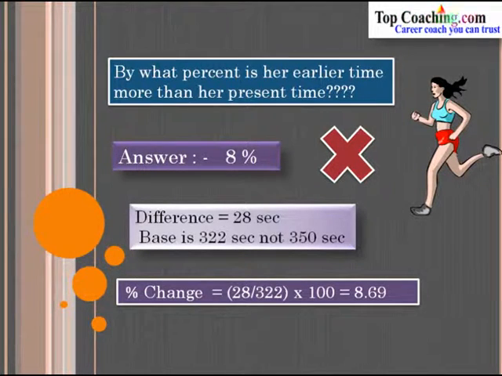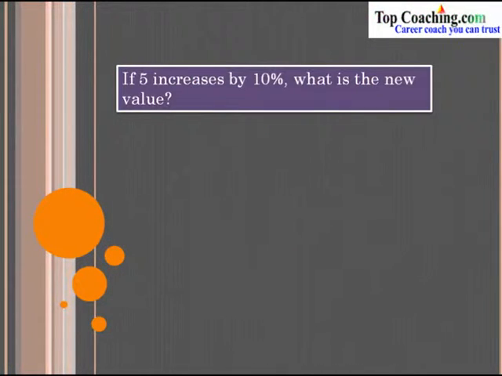So students, this is a very important example through which you have to understand what base has to be taken, because at times it's very confusing and we take the original base all the time for calculating the percentage change. But the language of the problem has to be very clearly understood. If it is asking about a percentage increase or decrease with respect to the original value, then the base would be the original value. But if it is about percentage increase or decrease with respect to a new value, then the base has to be the new value. So before solving, please try to understand and comprehend the language of the problem, which base it is talking about. Let's see one more example.